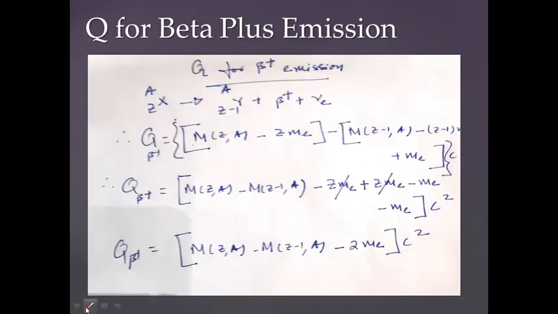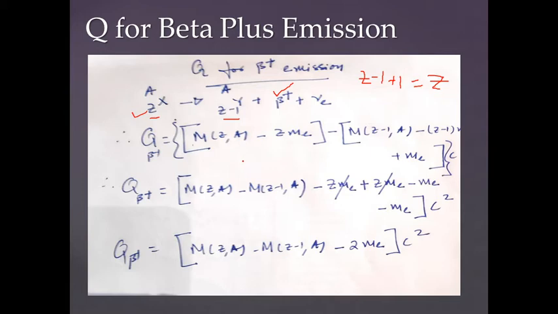Now this is a beta plus process. In a beta plus process, as I said earlier, Z changes to Z minus 1. There is a decrease of Z by 1 unit because this is a positive charge. So Z minus 1, plus 1 charge of the positron, is going to give me Z, which is the charge of the parent. So on both sides the charge is going to be balanced.